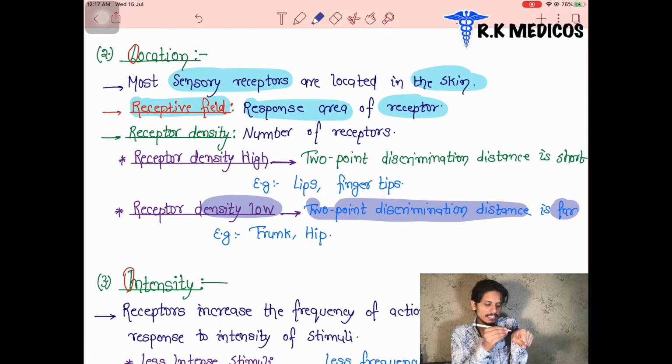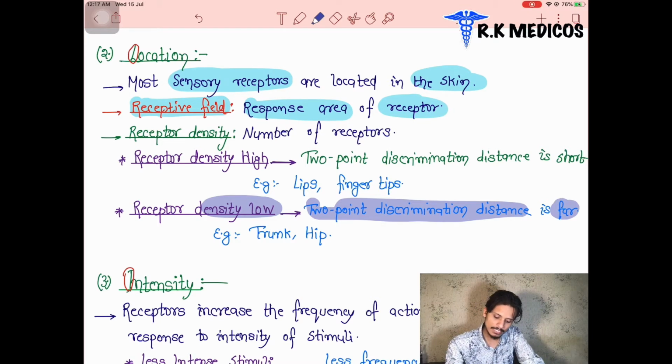the distance between these 2 points will be very short. They can't feel it. So the 2-point discrimination is showing the receptor density is very high, because the area of that receptive field is very low, and it means the receptive field is very high. So it can be detected by the 2-point discrimination test, where basically